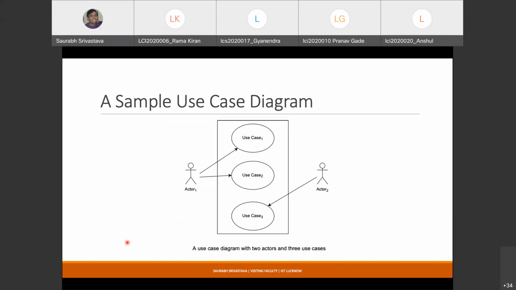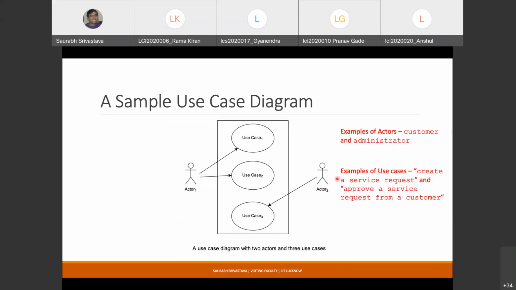Just assume that actors could be customers or administrators, and these use cases are something like: the user will come to your system and create some kind of a service request, and then the administrator, assume that in the case of a bank, these administrators are the employees of the bank. They will log into the same system, and they will either approve or reject a service request.